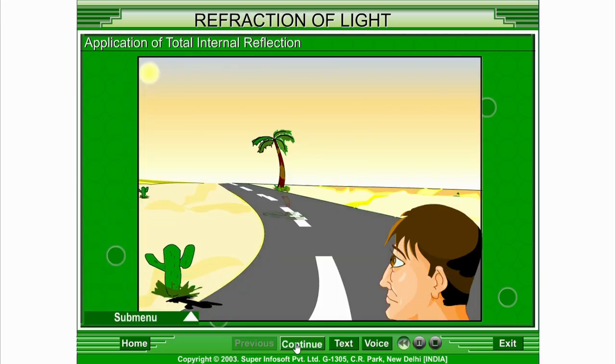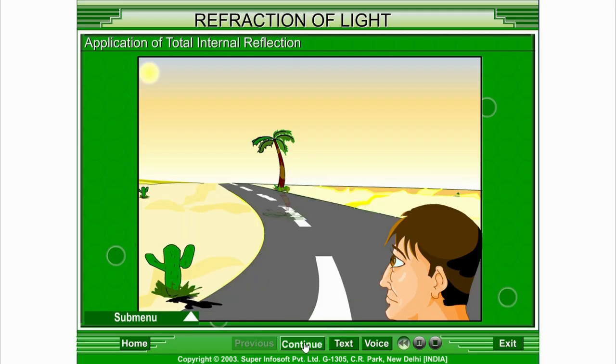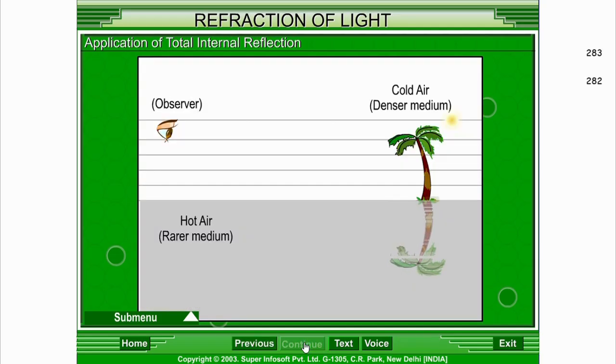Mirage. Mirage is an optical illusion which is observed usually in deserts on hot summer days. To the animals or persons it appears that the distant object such as a tree is inverted. This creates a confusion that a distant road or